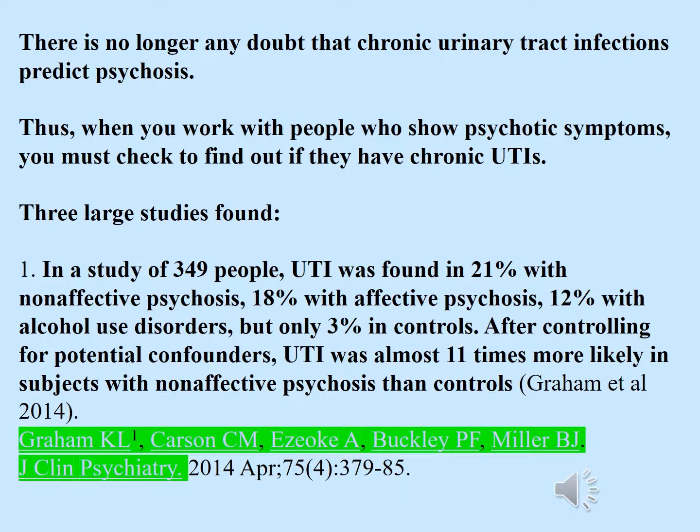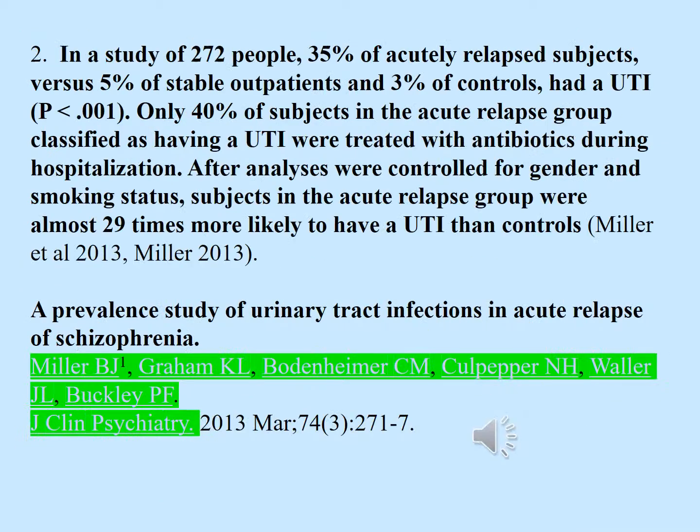18% with affective psychosis, 12% with alcohol use disorders, but only 3% in controls. After controlling for potential confounders, UTI was almost 11 times more likely in subjects with non-affective psychosis than controls. In a study of 272 people,